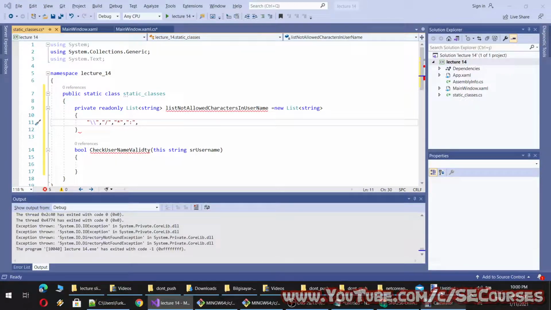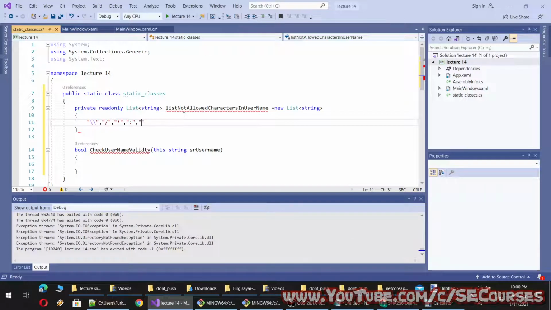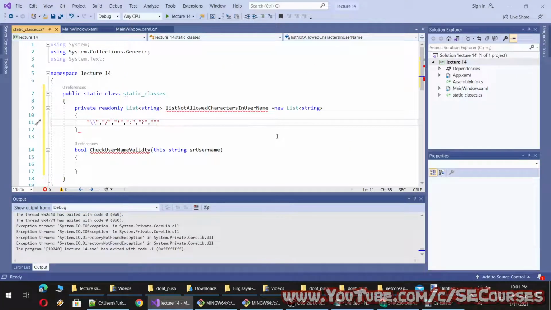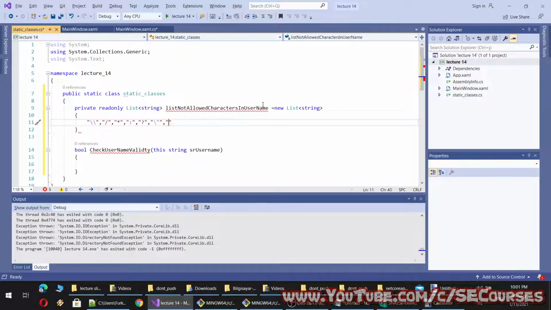And what else is there? Question mark, which is also invalid in the Windows file system. So according to your operating system, it may change. And to escape the string character, I also use the escape character on this one, and this one, and this one.